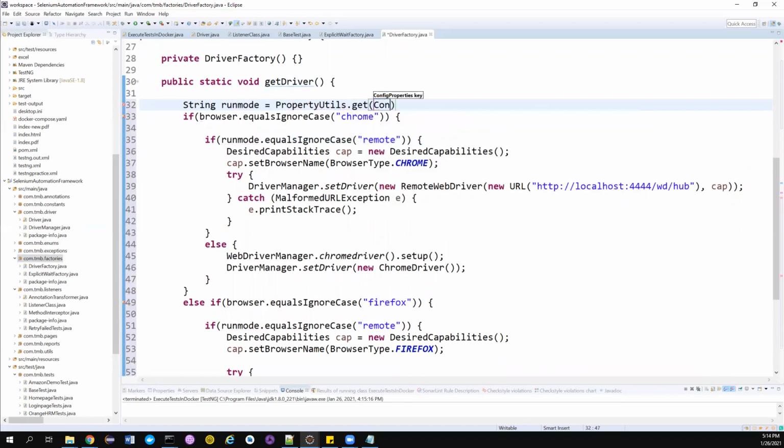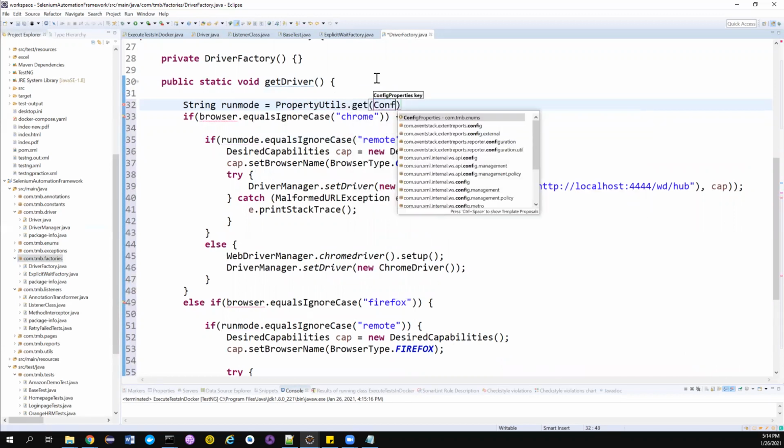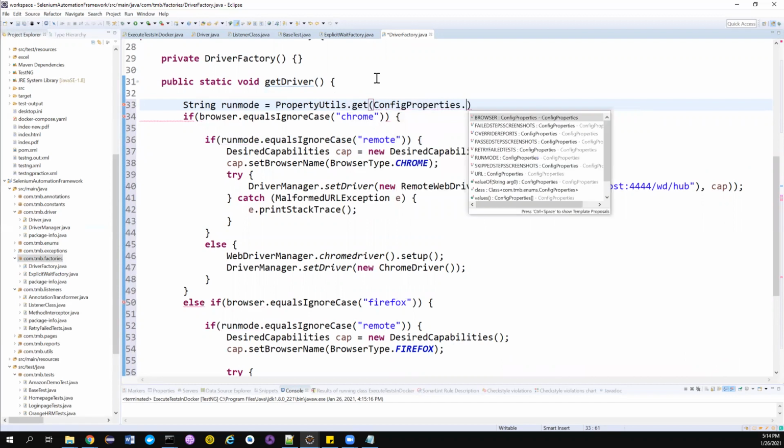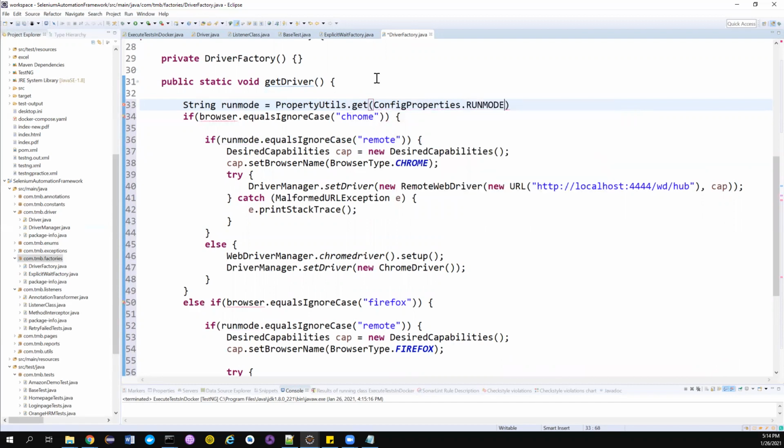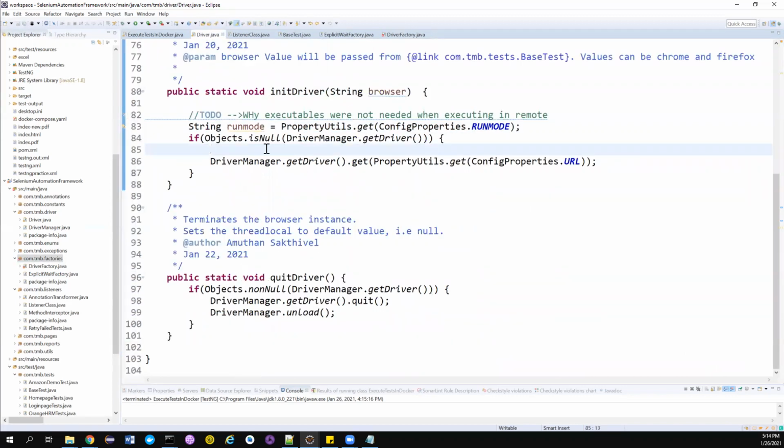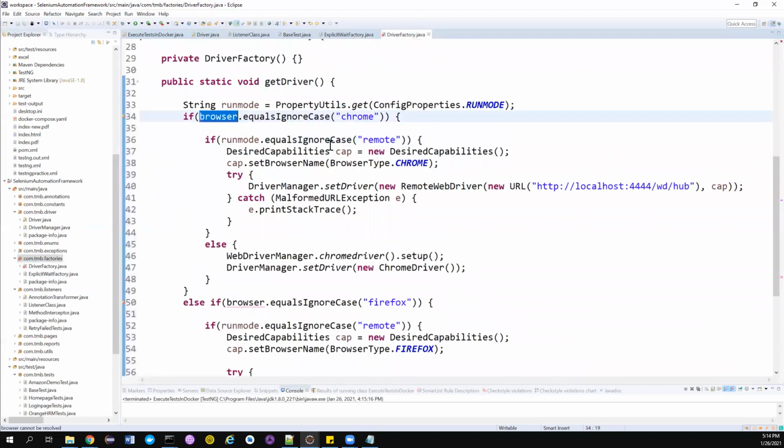And get config properties dot run mode, right? So this will give me the run mode string value. But the browser, I need to get it from my driver.java. Maybe when someone is calling this particular method, they need to also send me a browser string browser. If they tell me which browser they want to execute, okay, I can handle it.